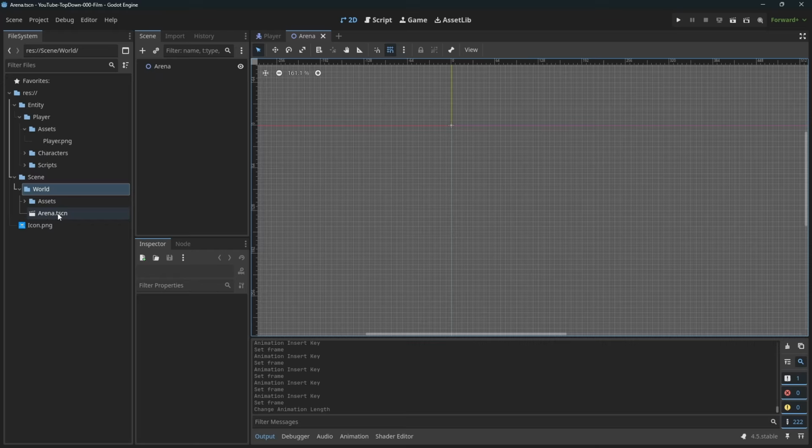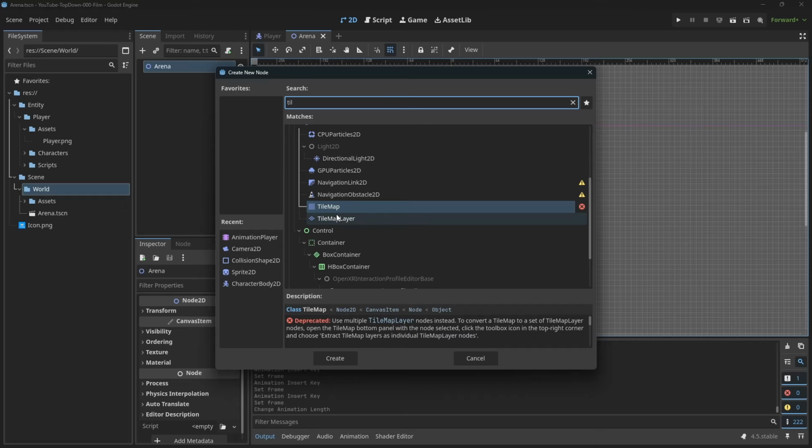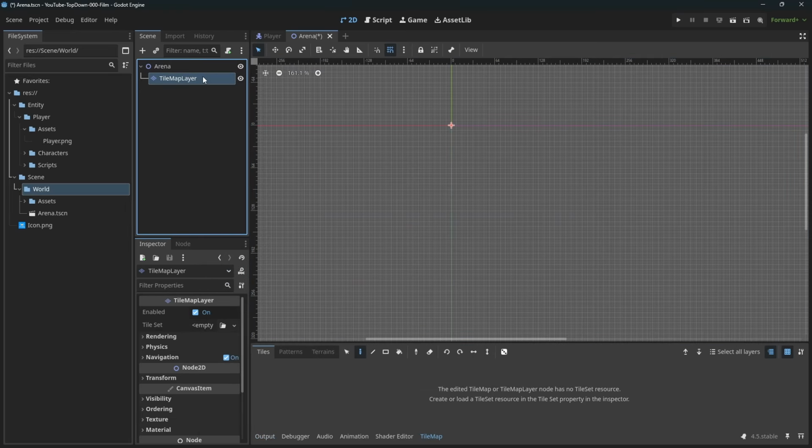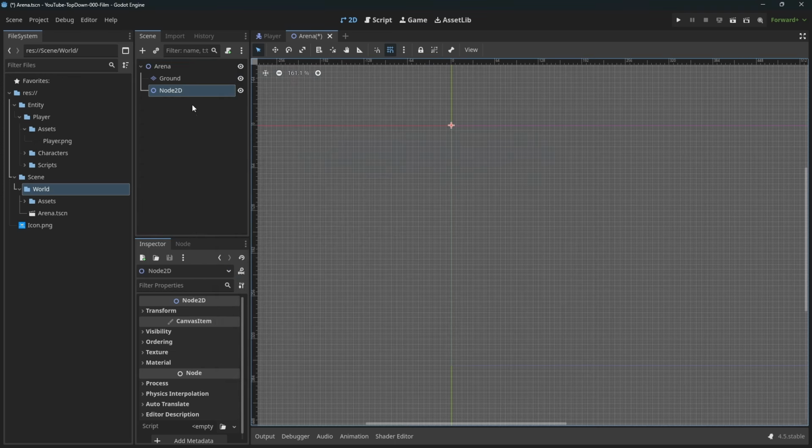Alrighty, so create a new scene of just Node2D. I'm going to call it arena, and then we're going to add a TileMapLayer. Call this ground, and then for starters, another Node2D. I'm going to call this Y sort. So this will just be a way to sort